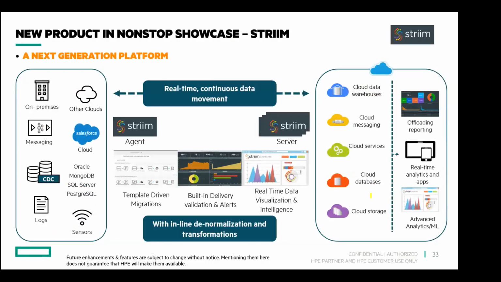Okay, the new product from our partner Striim. So it is spelled STRIIM, but pronounced as if it is STREAM. Why are there two I's instead of EA? So these two I's stand for information first, and then intelligence. It's the next generation transaction analysis platform.